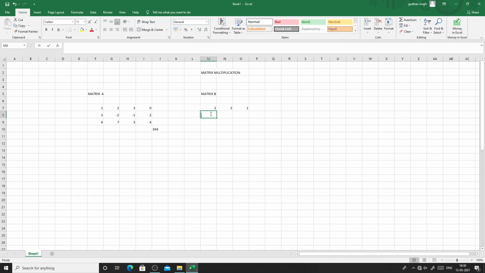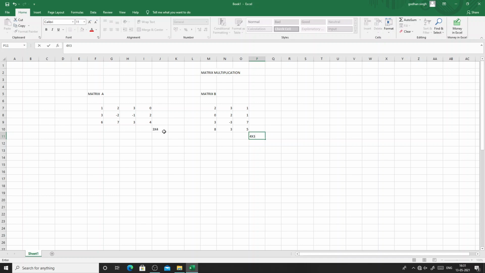So 0, 2, 1, and say 3, minus 3 and 7, and one more row because we have to take 4 rows: 8, then let this be 3 and let this be 5. Now you can see, how many rows are there? There are 4 rows and 3 columns, so it will be 4 cross 3. We'll write here 4 cross 3.